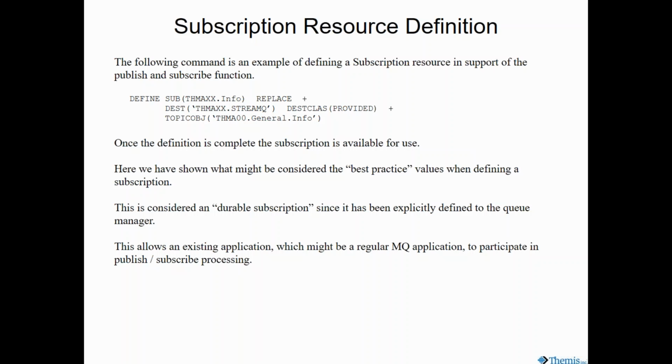Destination class basically says it's provided as opposed to managed. And that's where we get into whether it's going to be dynamically created or not. Destination class of provided says the queue is predefined. If I said managed, that's when it's going to use the models and dynamically create the queue when I subscribe to it. And also when you see how I subscribe in the coding, that is also when I could make it durable or not. The option on the topic for dir sub yes just says it's possible, but I have